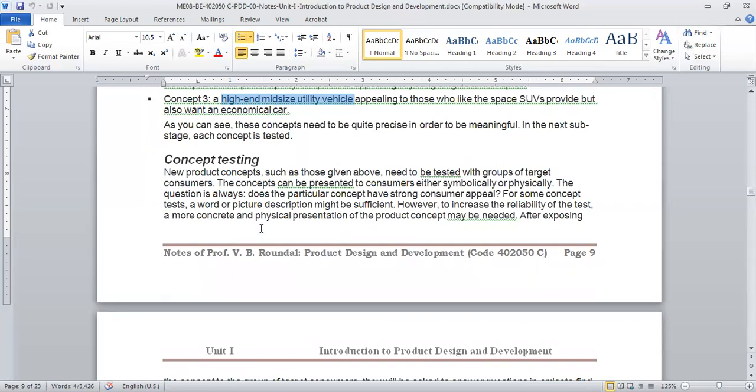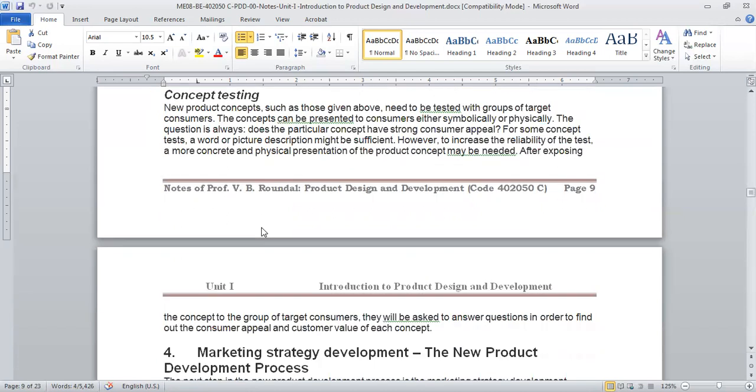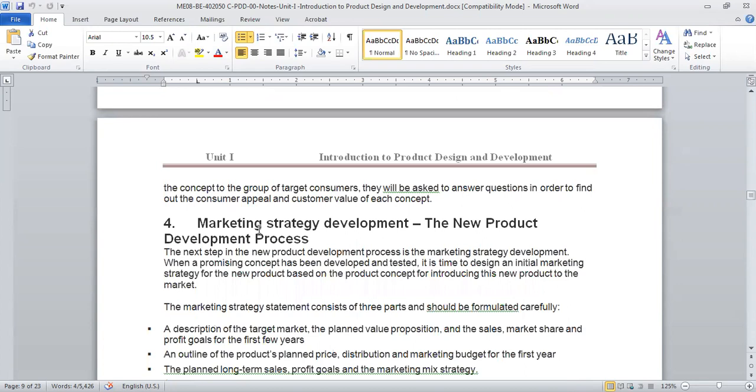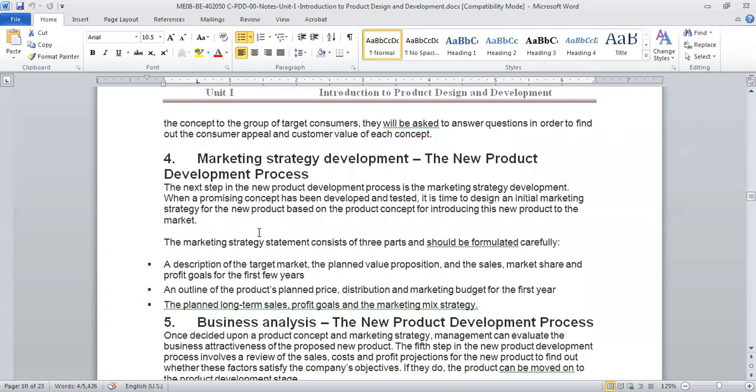Next is concept testing. Now the concept is developed, and the testing needs to be done. The concepts will be given to the users, and they will be asked to get a feel of it and see how they are doing. How the product looks, how it feels, and depending on the feedback from the customers, you can call it the output of the testing. There may be multiple concepts. Those will be given to the users, and the testing results are checked. Now the concept testing results are with us.